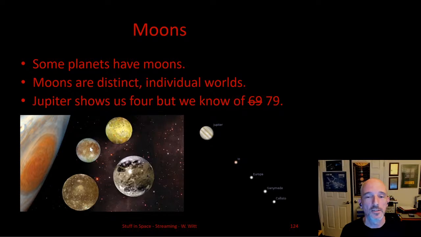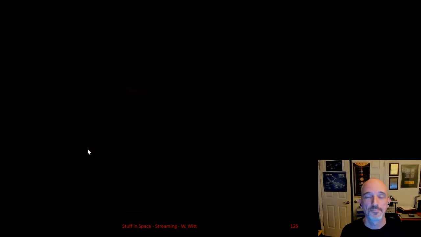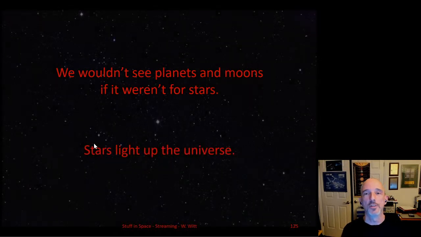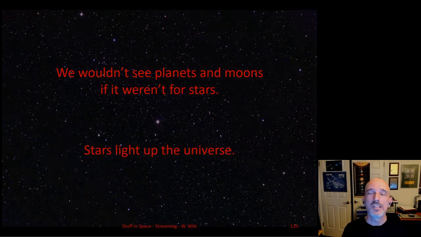For example, this one here is Europa. We think that there's a giant internal ocean covered by giant ice sheets. And there are some ideas that maybe there's some life in that ocean. We don't know. Now, we just talked about moons and planets, but we wouldn't see any of this stuff if